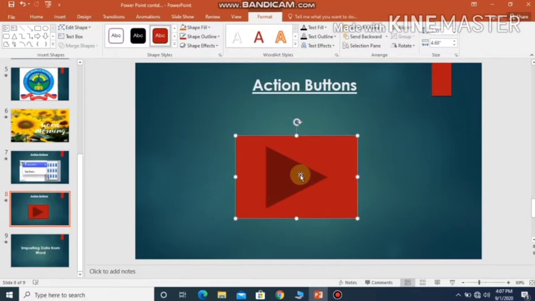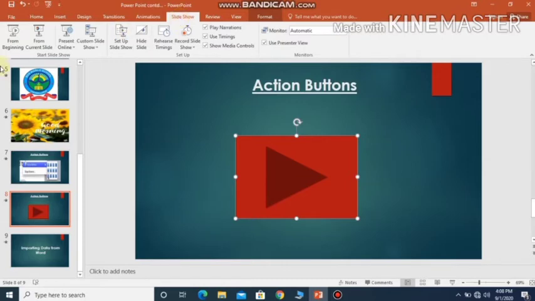So what is the shortcut key for slideshow, children? It is F5, right? So you can also do it by mouse. For your understanding, I'll do it by mouse itself. So I have to click on the slideshow tab. And here from current slide, I have to view the presentation of this particular slide. I want to view only the slideshow of this slide, right? So I have to select from current slide. So I'll just click on this.